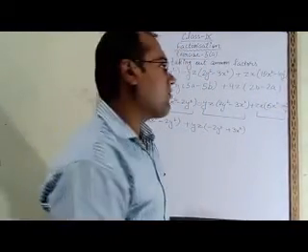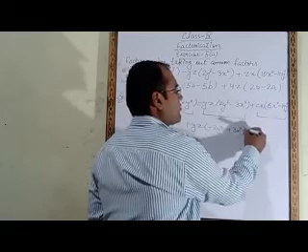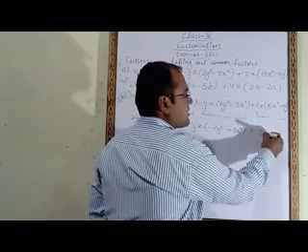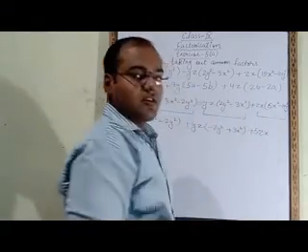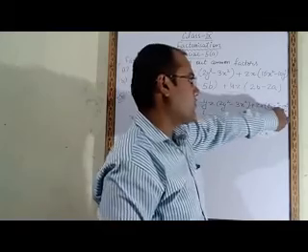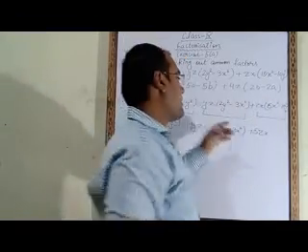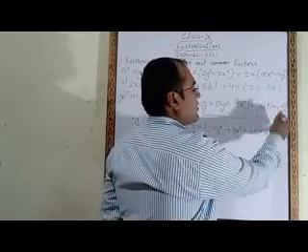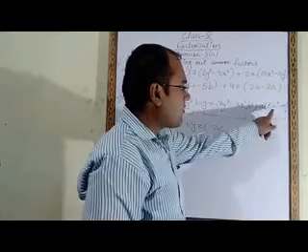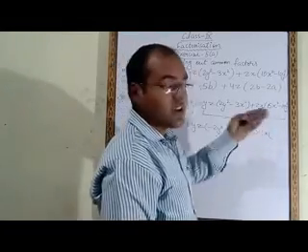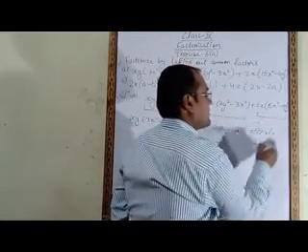So we will take 5 common. So outside plus zx was written, but now we will write plus 5zx, because from these two numbers we will take 5 common. Now 5 we have taken common. Now remaining part we have to write in bracket. From 15 we have taken 5. 5 3s are 15. So here we have to write 3.